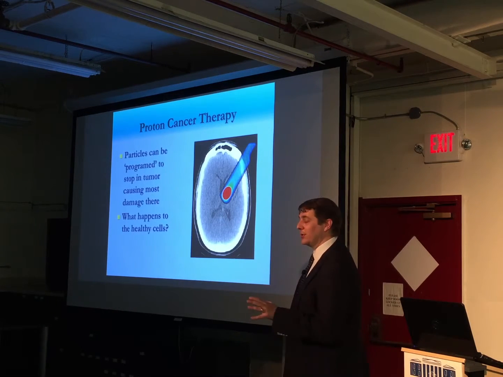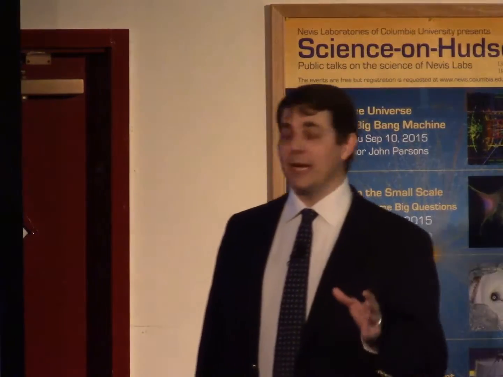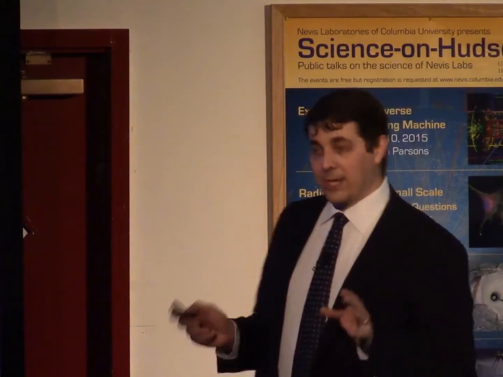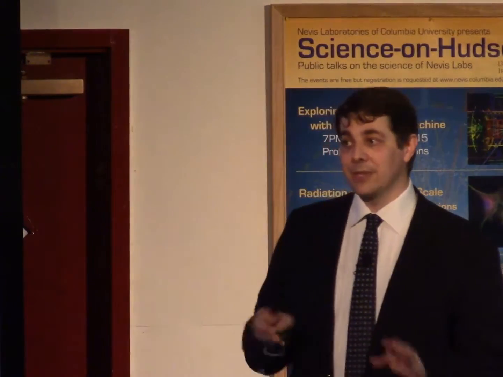It's great, you can kill tumors, that's great, but something that hasn't been completely worked out yet is, okay, we're killing tumors, patients are living, that's great, but what about the healthy cells? What's going on in this low dose region, and not only that, what's going on in the cells that are right next to that low dose region? Again, the bystander effect. You don't have to directly hit them to see an effect. This is, again, something the Radiation Research Society actually had 2 sessions on, exactly trying to sort out what's going on, how do we prescribe dose, how do we prescribe risk,